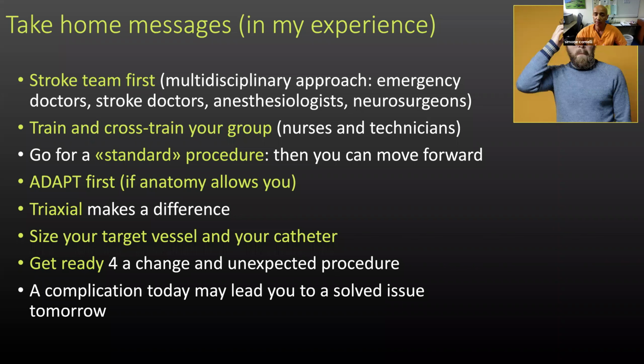ADAPT is my first option if the anatomy allows. In other situations, you have to be ready to use the stent retriever. A triaxial system makes a big difference to me and helped me a lot. And the other point is to size your target vessel. You have to choose the vessel you are going to treat, and you have to size the catheter you are going to use. Get ready for a rapid change and an unexpected procedure,